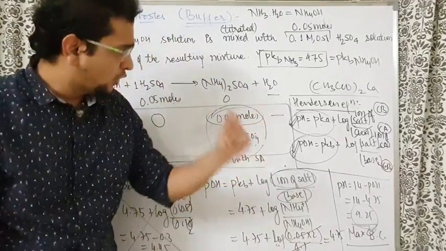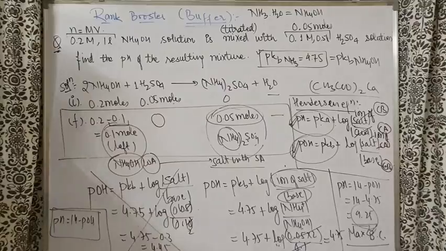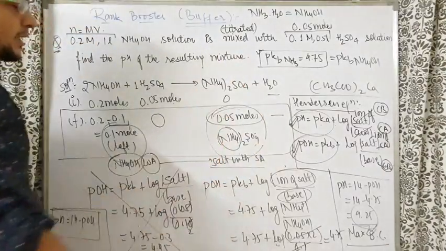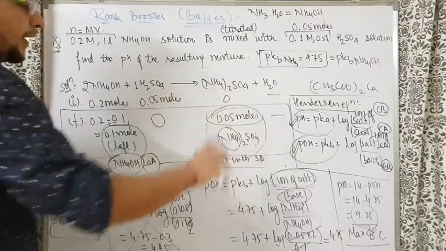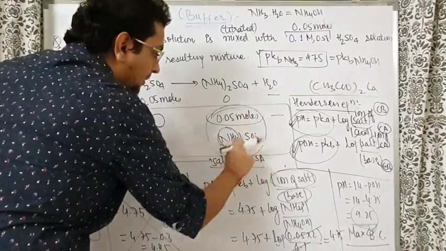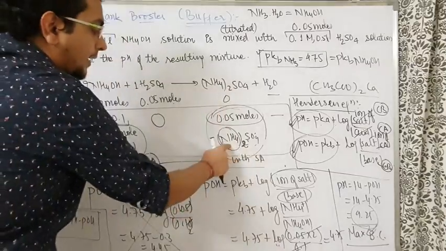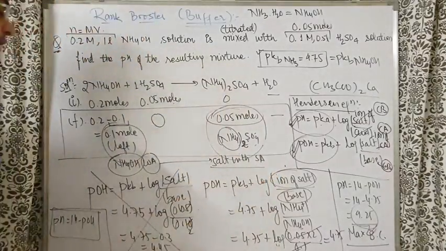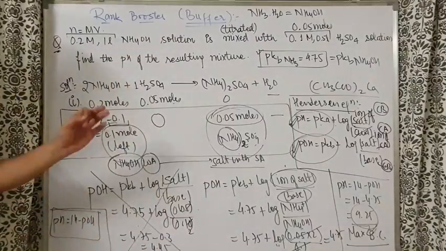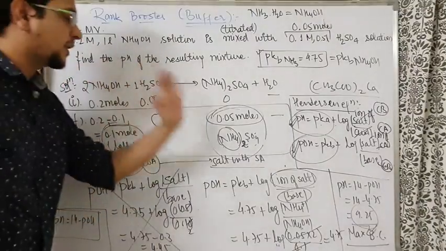So I think you understood what we have done here. Even though ammonium sulfate was there, 0.05 moles, you can understand, one ammonium sulfate contains 2 ammonium ions. Here the ion of the salt should come. If you are writing NH4OH here, NH4+ should come over here. That is the main tricky part here for such kind of question.